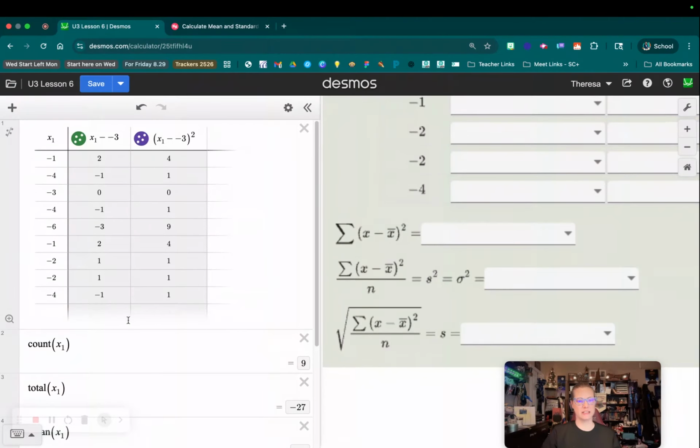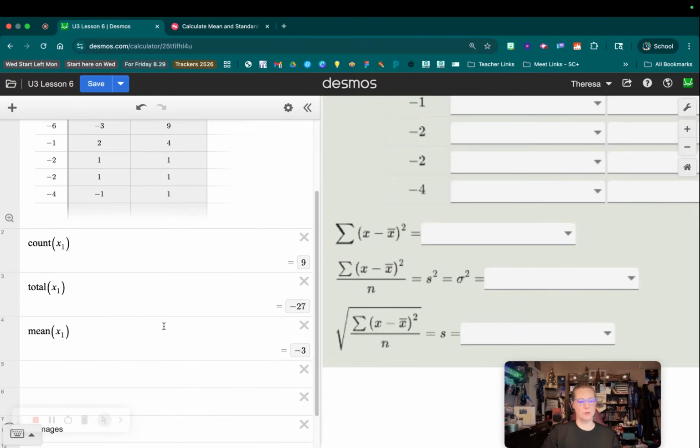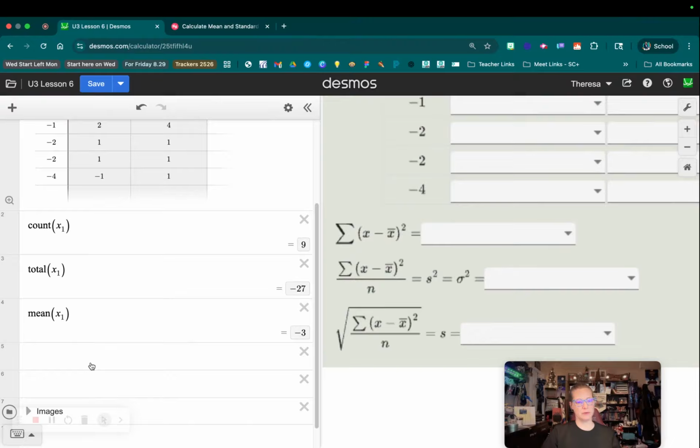So we are going to find the sum of these numbers right here. Okay? Then we're going to find the average of those, because that's the sum divided by n, which was our data points. This is also known as the variance. Okay? So we're actually going to skip this blank and we're going to type in